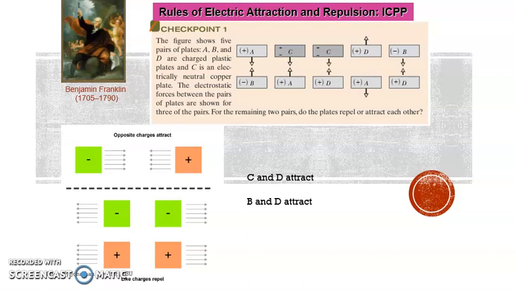And B and D also will attract. Here we can see B and D will attract because B has negative and D has positive, so they will attract each other. And C and D, C is electrically neutral, so these two again will attract each other. So this will give you an overall idea about how the charges